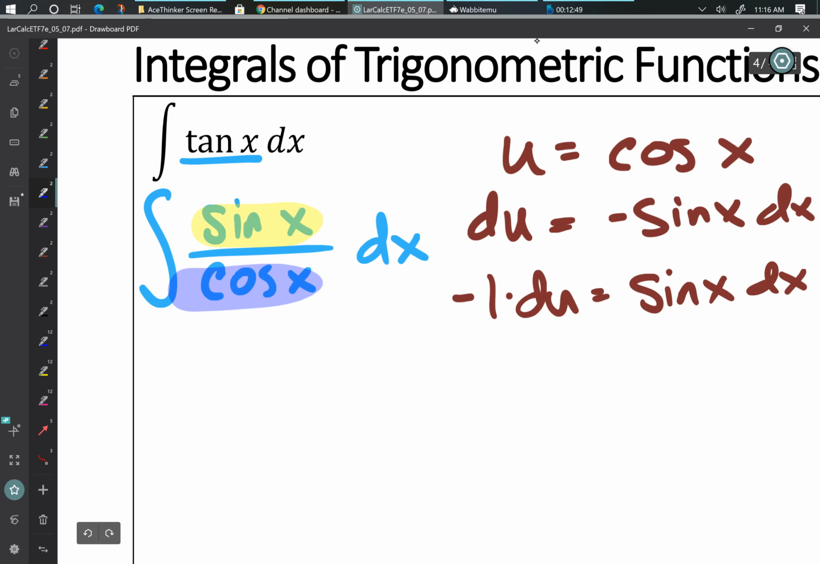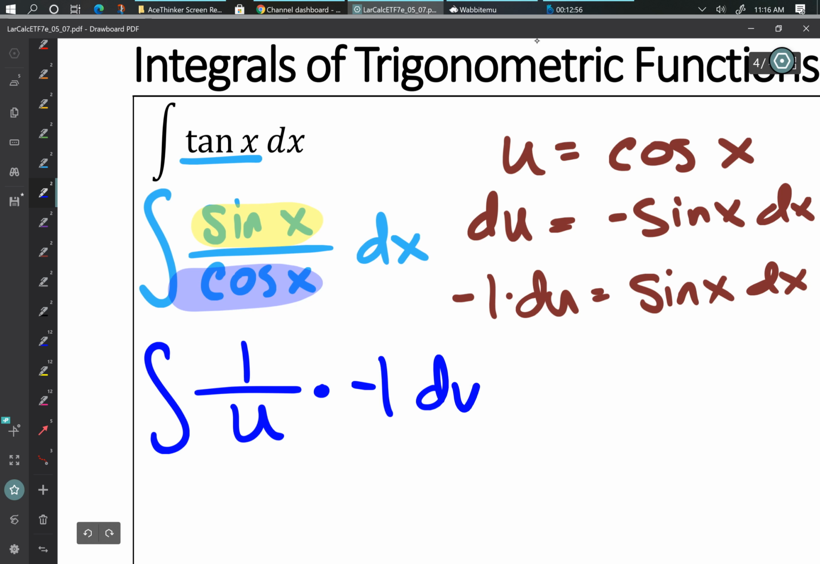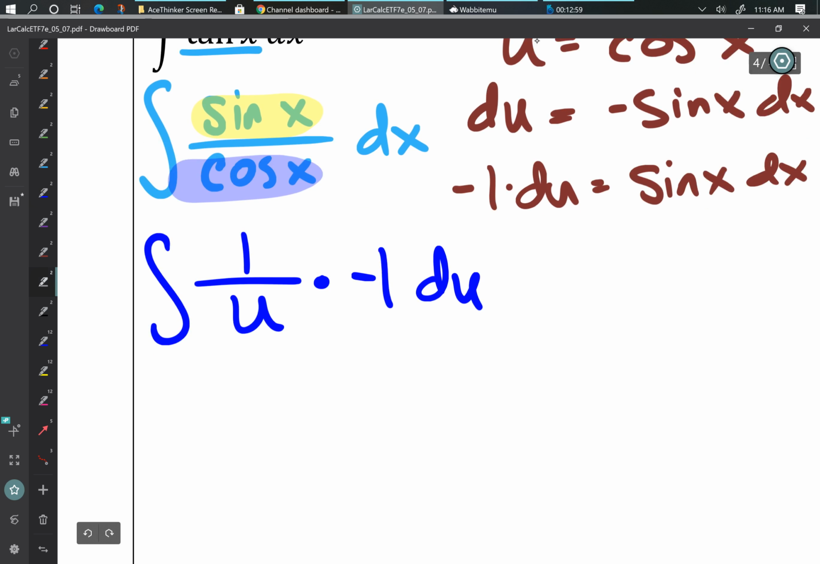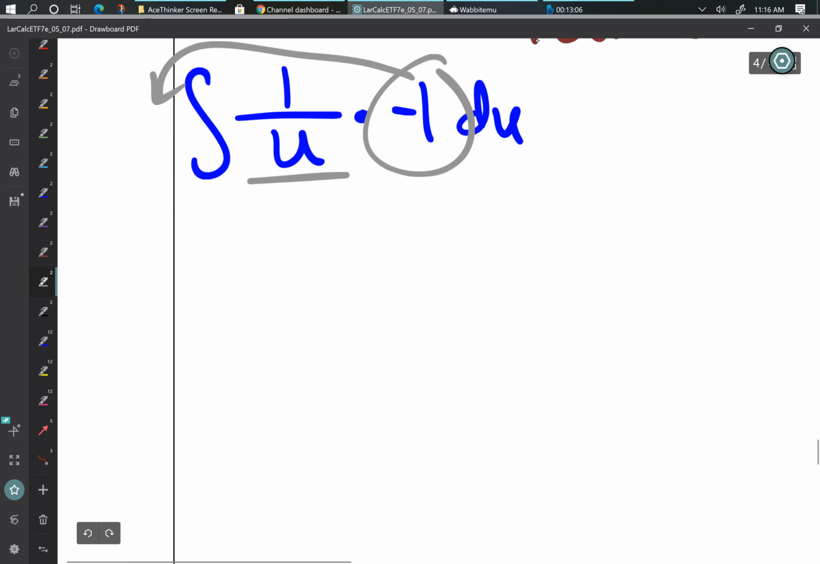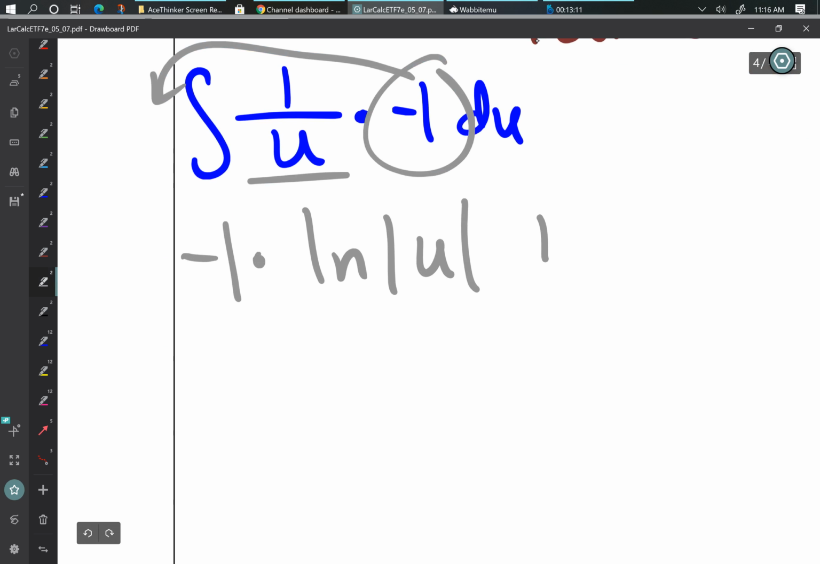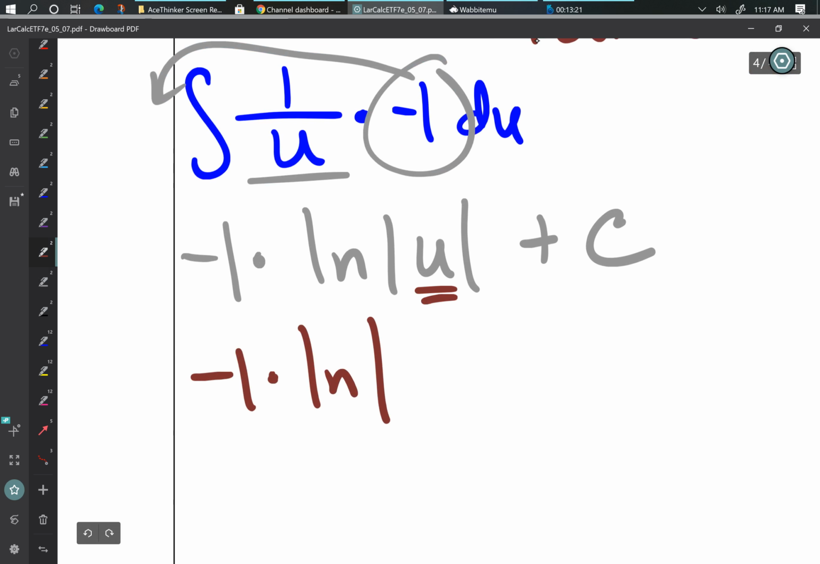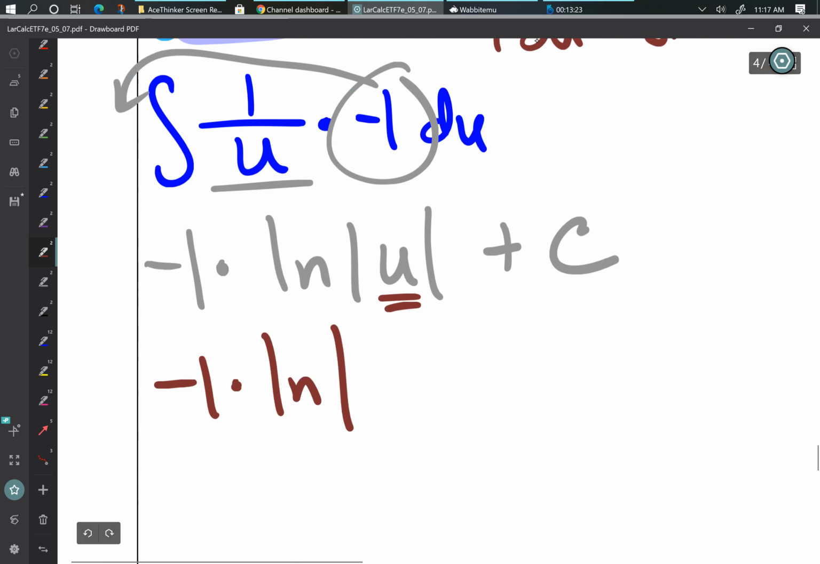Okay? So now I get the integral of 1 over u times negative 1 du. I can pull the negative 1 out in front. It's a coefficient. The integral of 1 over u is the natural log. So I get negative 1 times the natural log of the absolute value of u plus c. But what's still wrong with this? Can't have u, so I get negative 1 times the natural log of the absolute value of u. u was cosine,